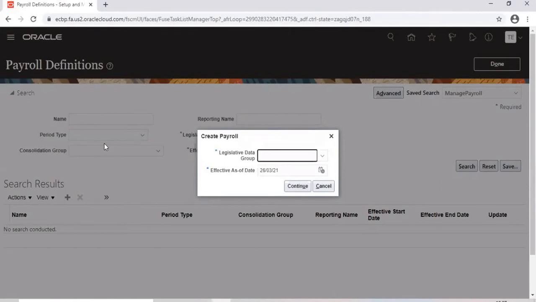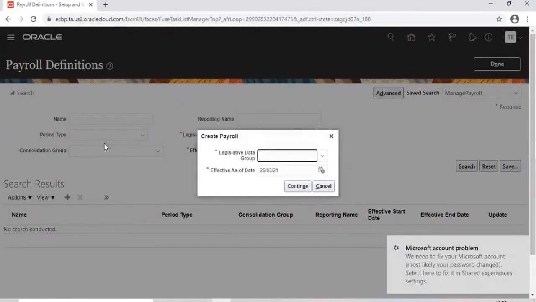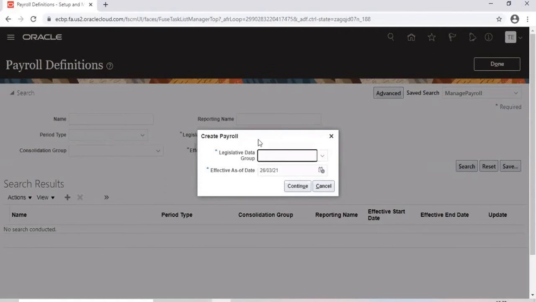When I run the payroll, our system knows that this particular person is a bi-weekly person and another person is a monthly person. So whenever I run the payroll, this person's salary should be processed bi-weekly and that person's salary monthly. How does the system know that? That's where the payroll definition comes into the picture.